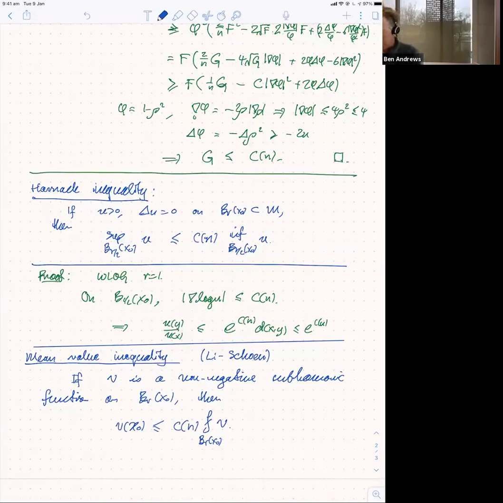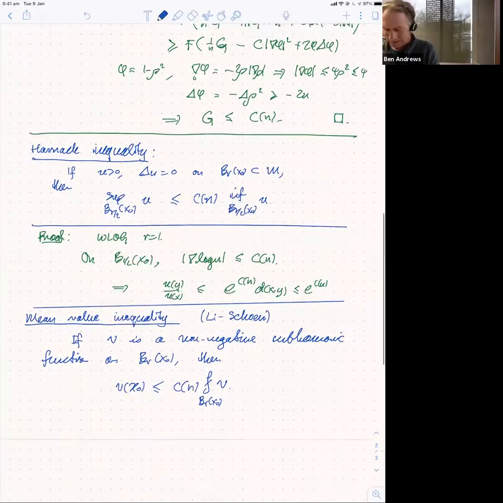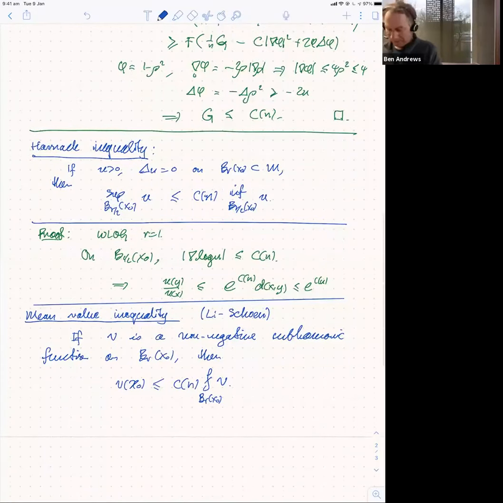So this is the mean value inequality. Remember, we started out in the Euclidean case looking at harmonic functions as things that satisfied the mean value equality. In the Euclidean case, you can get very quickly from that to the mean value inequality for subharmonic functions by using the mean value identity for averages on the boundary of the ball. But it's not so easy to do that in this manifold setting. In fact, I'm not going to prove the full result here. What I'll prove is just a very special case of that,